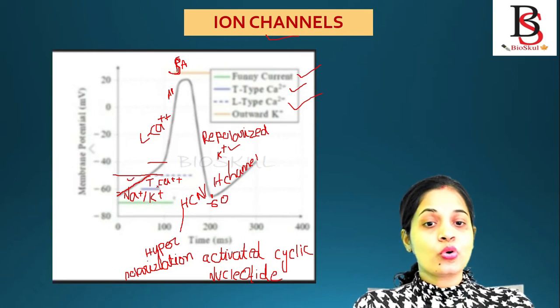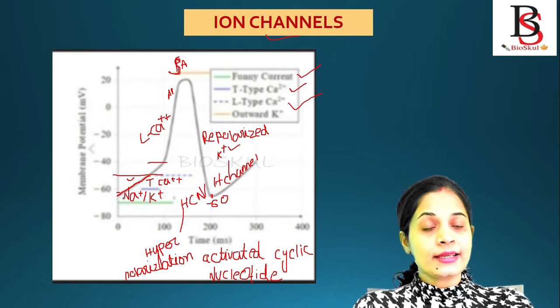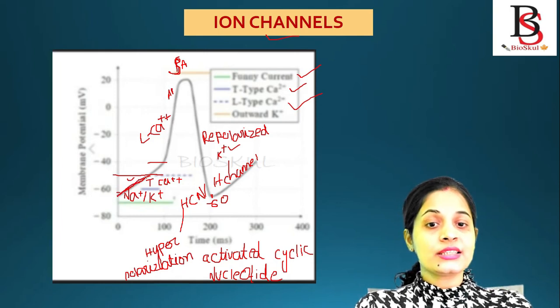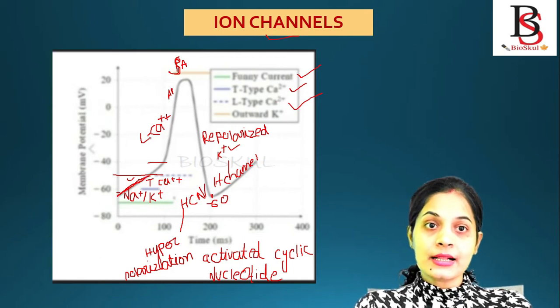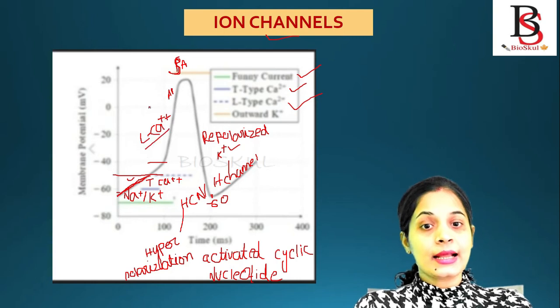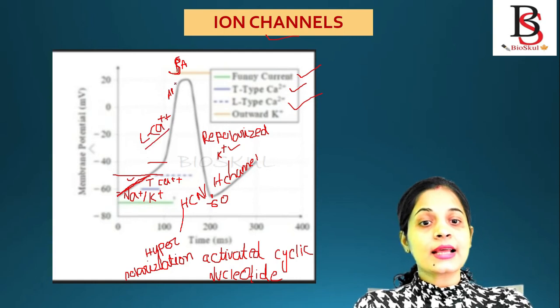So now the sodium, potassium and transient type of calcium channel help the membrane potential to reach its threshold point. When it reaches the threshold point, then the long type calcium channel gets opened,